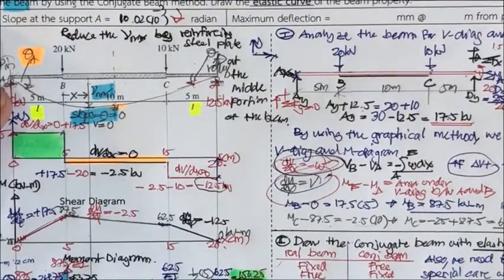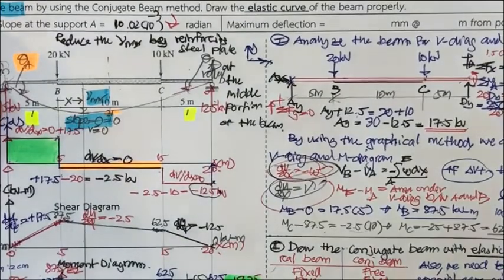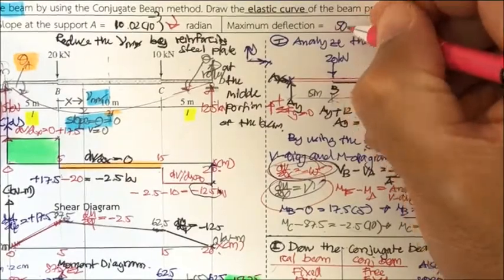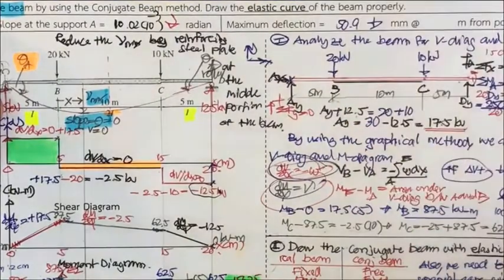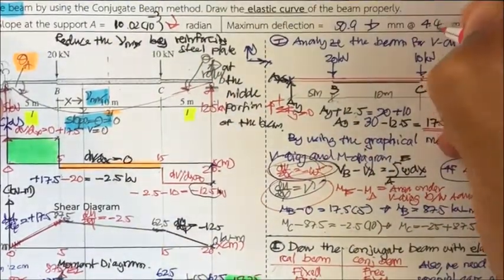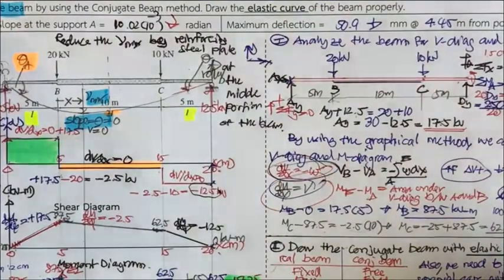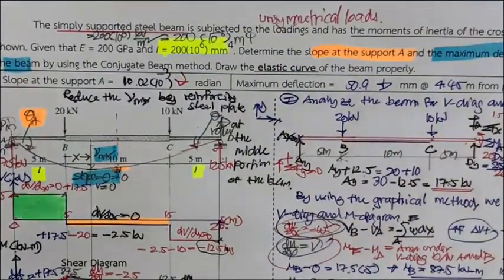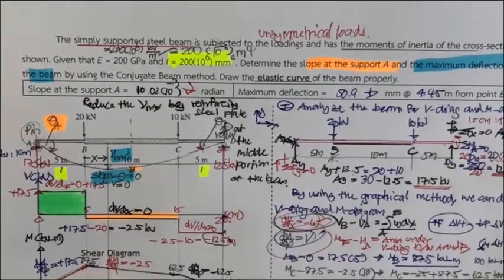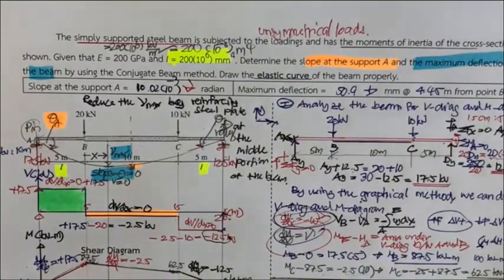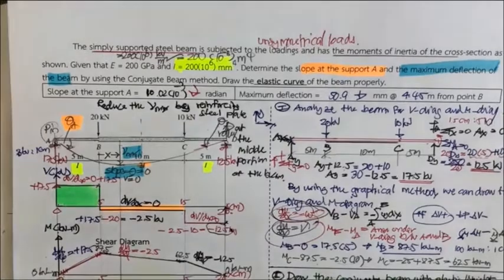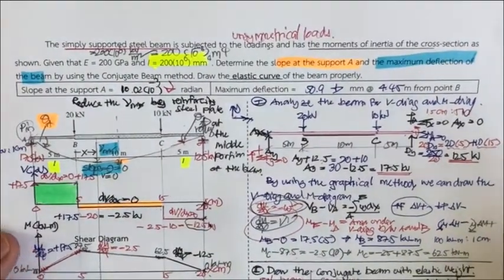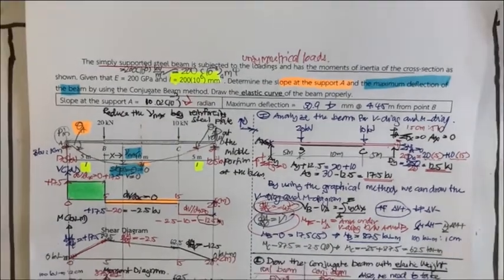Okay, and also you have the deflection of 50.9, just put it there, 50.9 millimeter downward, that is 4.45 meter from B. So that is the example,